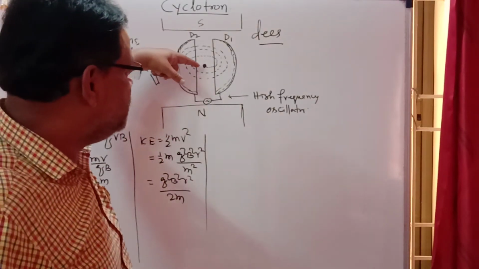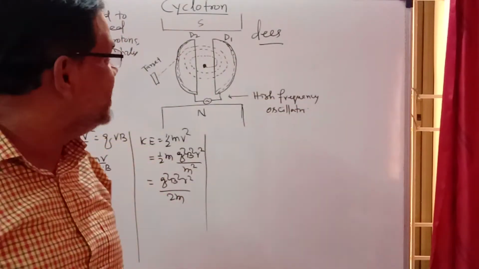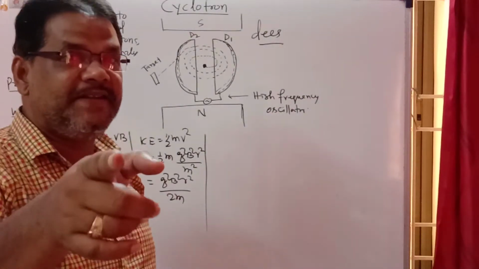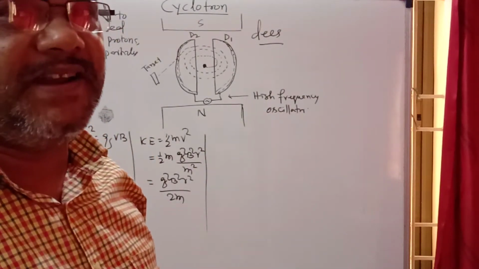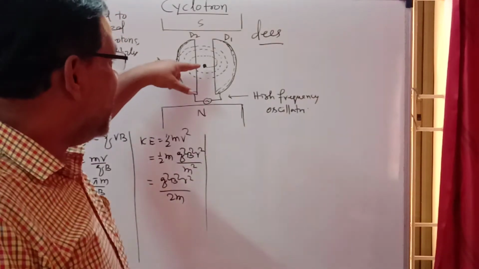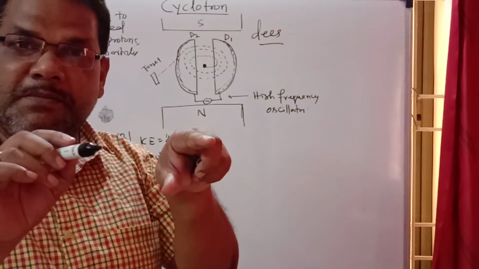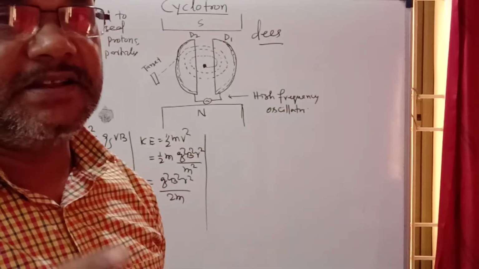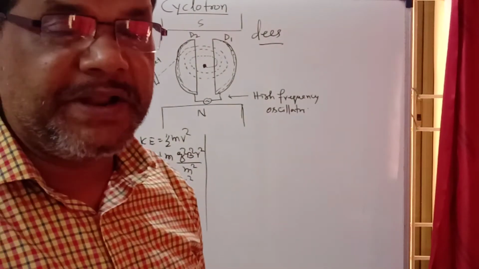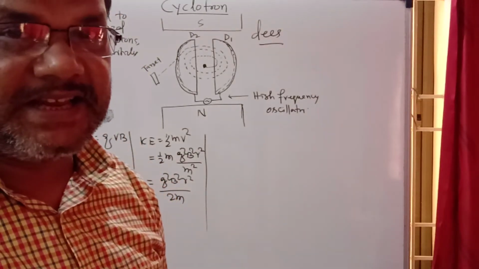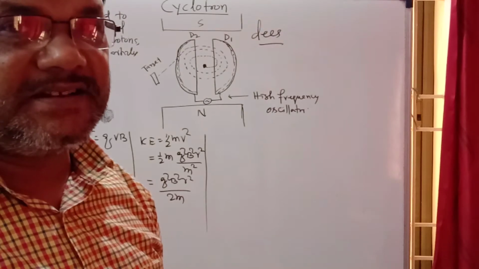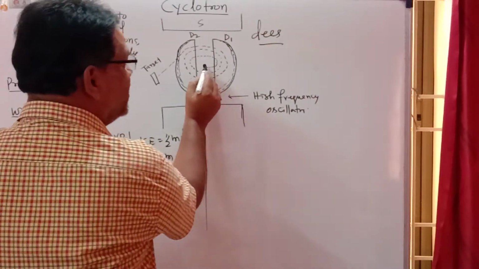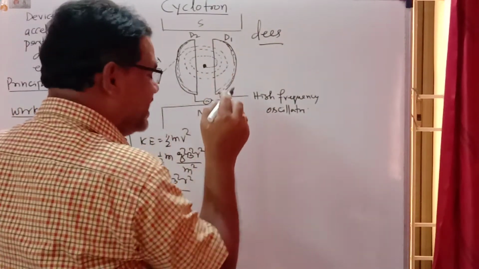The charged particle is pushed by the electric field and enters D1, where the magnetic field is present. It enters the magnetic field perpendicularly, normal to the field. As you know from before, the force acting on a charged particle fired perpendicular to the magnetic field is qvB sin theta, and the maximum force is experienced, so the charged particle moves in a circular path.